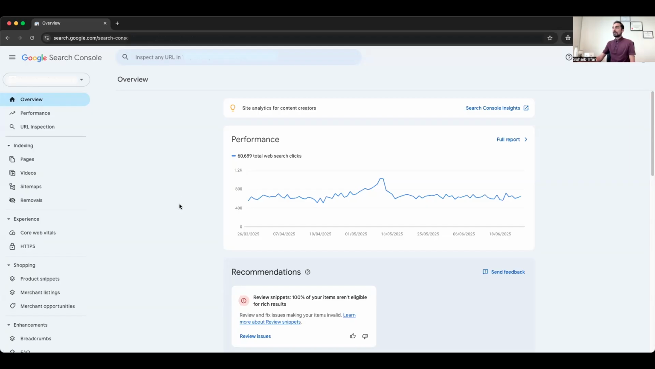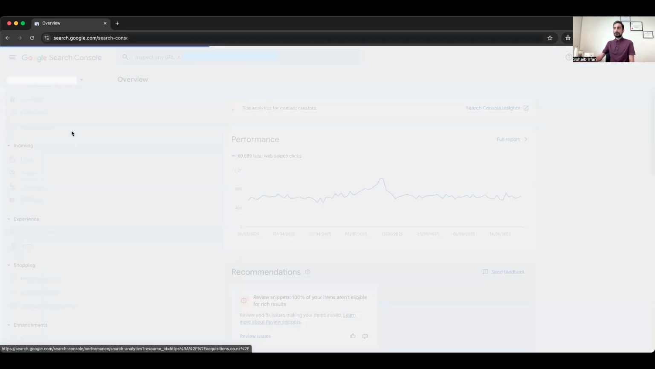As you arrive on the Search Console platform, this is the main dashboard where you will be presented with some performance metrics and an overview of your website's organic traffic. But what we are interested in is how we can use some data metrics to improve the content on our website. So you can go to the performance section,